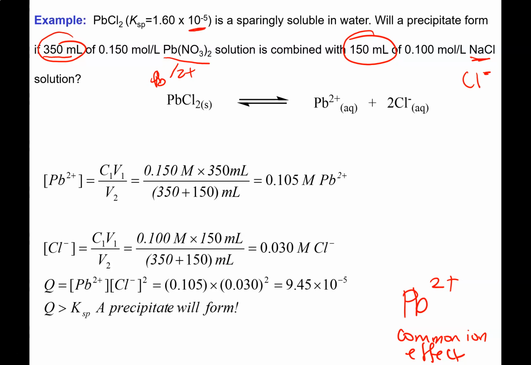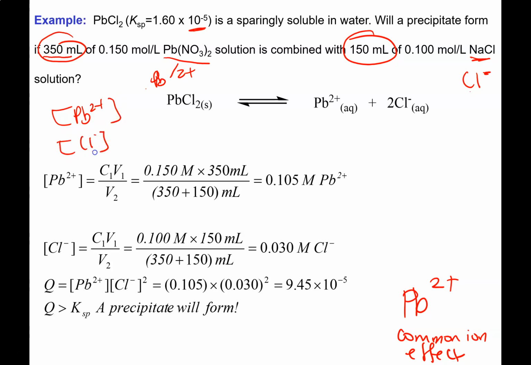So what's happening? Lead chloride is sparingly soluble. That's just a little bit of information they're giving you, the Ksp. Will a precipitate form if 350 mL of 0.15 moles per liter lead(II) nitrate is combined with 150 mL of 0.1 mole per liter sodium chloride? So basically you're combining a source of lead ions with a source of chloride ions, and you're trying to figure out if a solid will form. So what you've got to do is figure out the concentration of your lead,